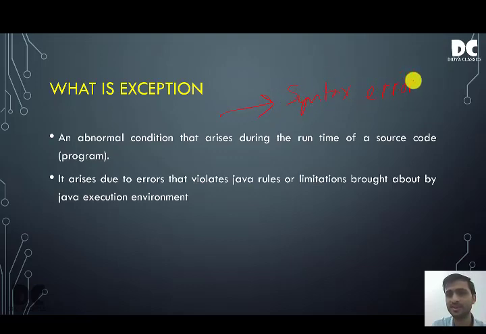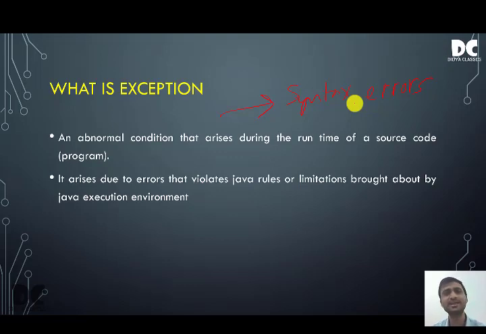We have studied about syntax errors in chapter 2, class 9. If you don't remember, please revise class 9 chapter 2. All types of errors were taught in chapter 2. So an abnormal condition means you're writing wrong syntax. Abnormal means it is not normal, right? If you're writing wrong syntax, it is not normal, it is abnormal. Which is not normal is known as abnormal.